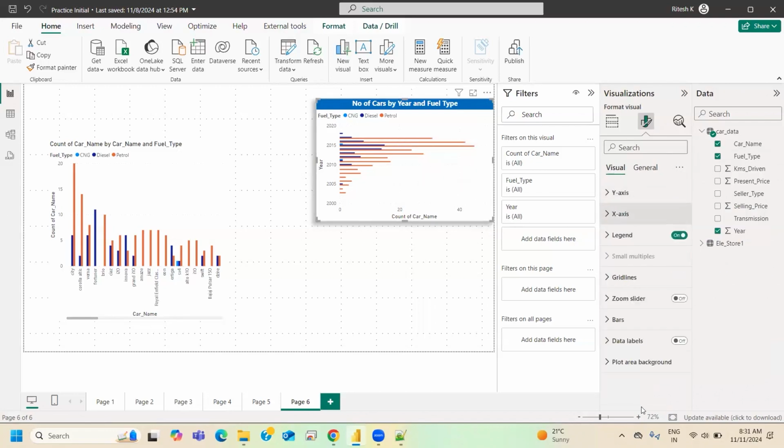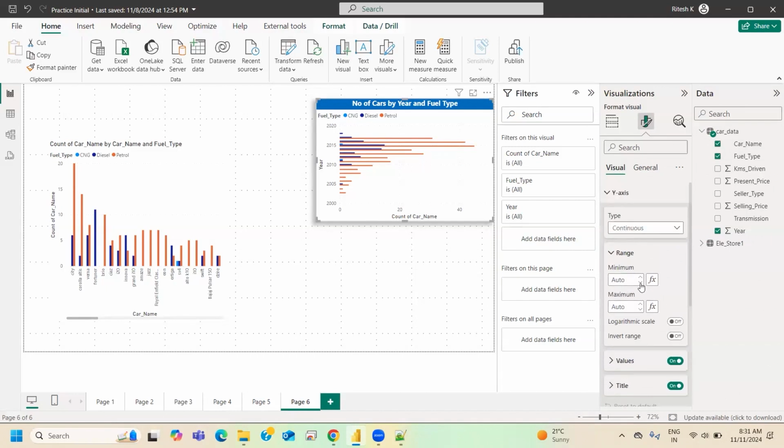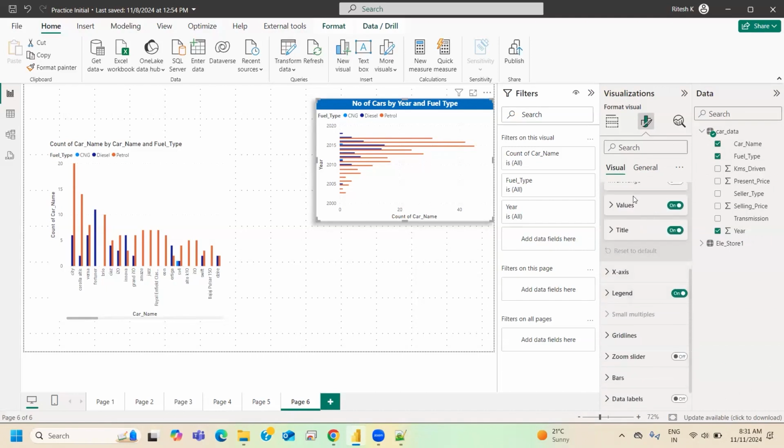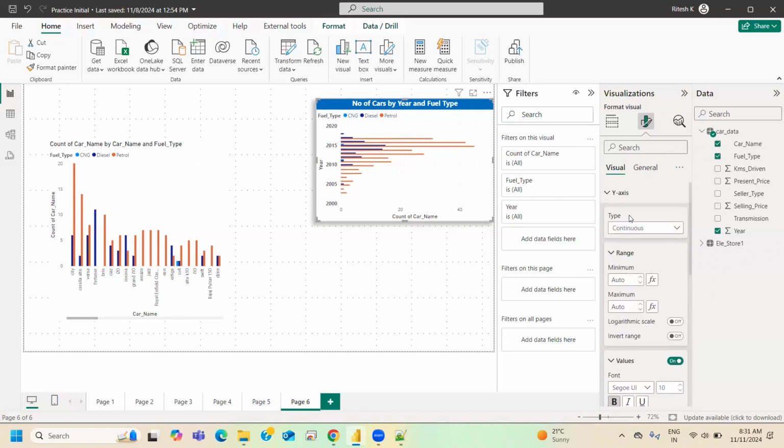Again, I'll come down to the visual format. What I want to do, I want to change the colors. I'll go back to the axes. Let me see, can I change anything in the axis? So in this axis, I'll go back to the values. Let me increase the value size. See, I can increase the size, I can make it bold. Now it is looking interesting. Year is the y-axis,